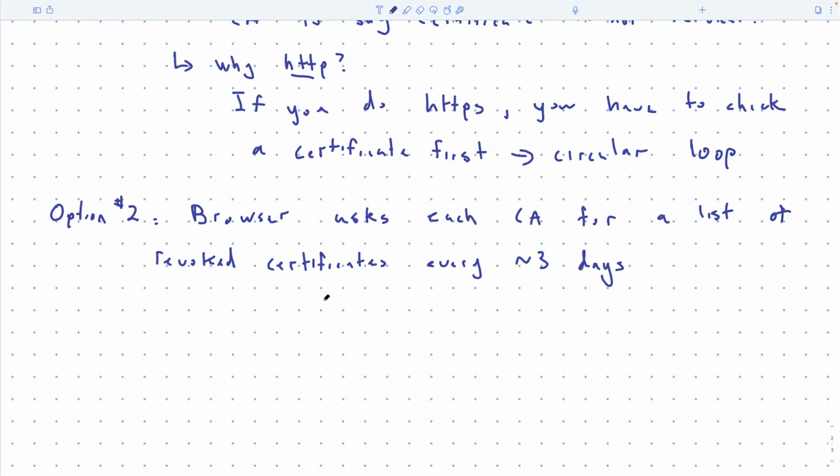So every 3 days or something like that. You don't have this circular loop problem, so the CA can sign the list. They just sign it with the same key that they're using to sign the certificate.